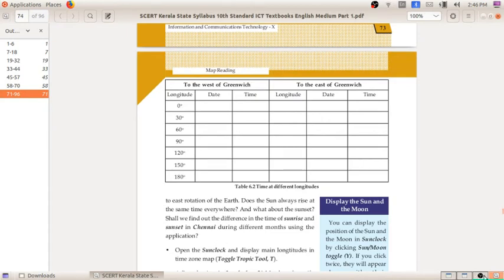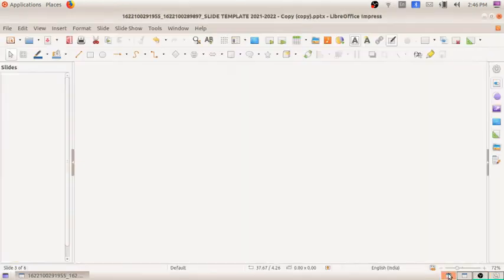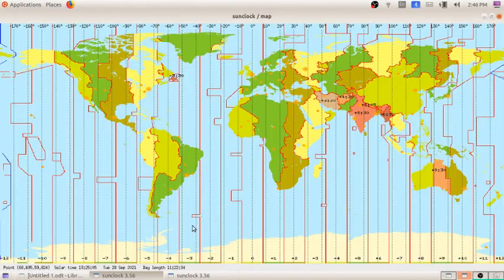Already our Sunclock software is opened here. Now the solar time is showing. You can see here now the solar time is showing.